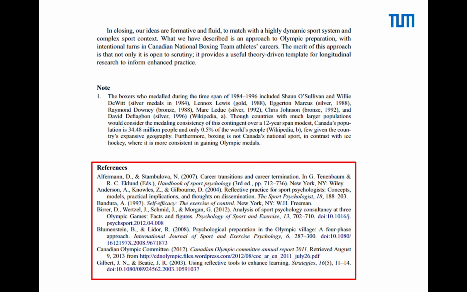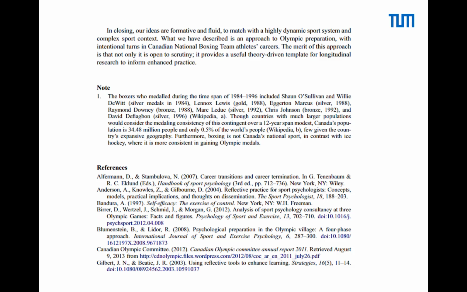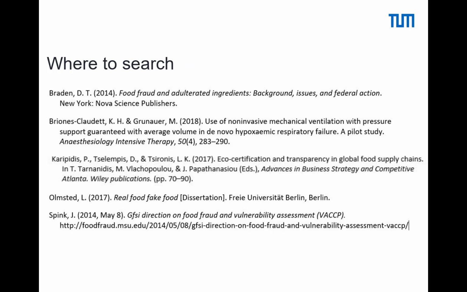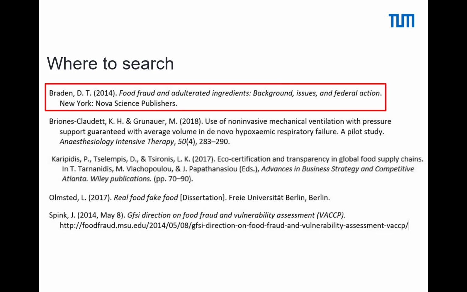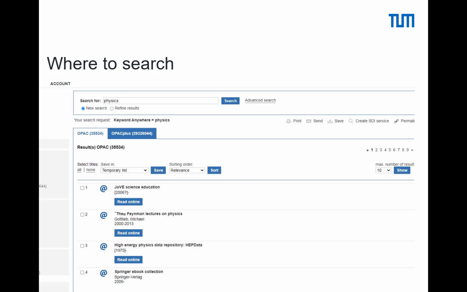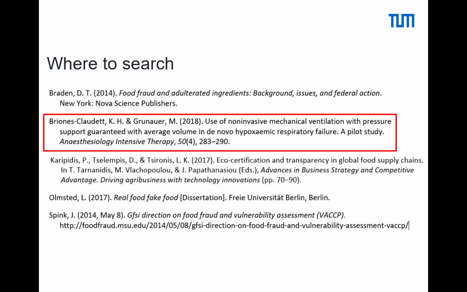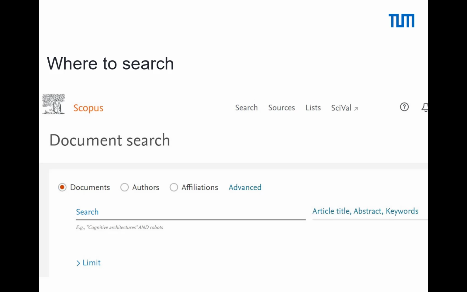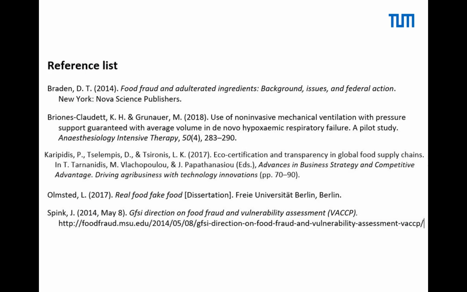In order to find this literature, it is important to distinguish between the different document types. Why is that so? The type of document determines where and how to find the source. A book can be found in a library catalog. This is often called OPAC or online catalog. A journal article or paper, on the other hand, can be found in Google Scholar or databases like Scopus or Web of Science. Let's assume you have a list of references like the one here and want to find some